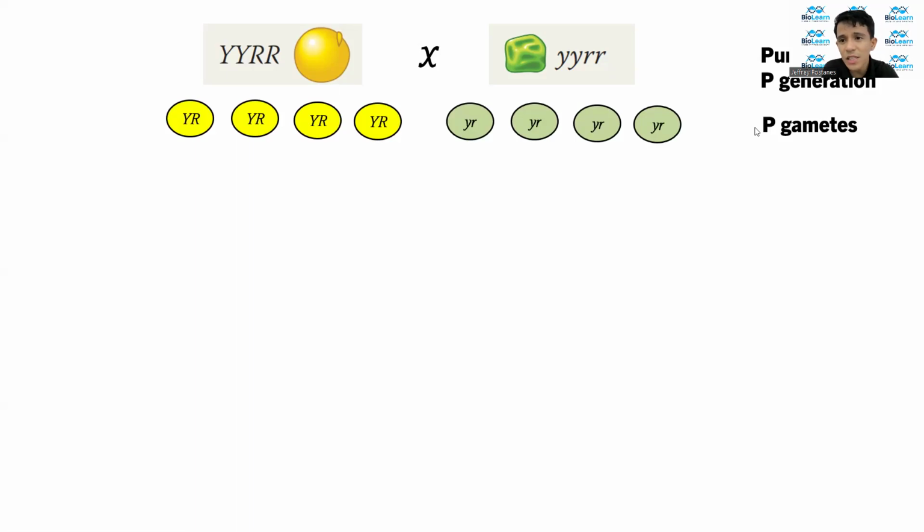So these are the gametes. These are the parental gametes. How was that done? You just have to perform the FOIL method. There you have the YR first.